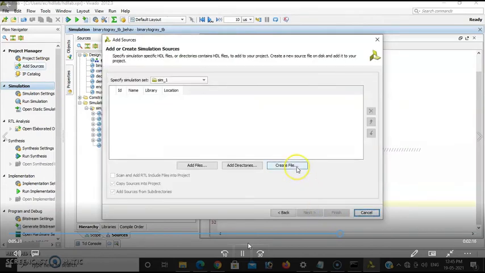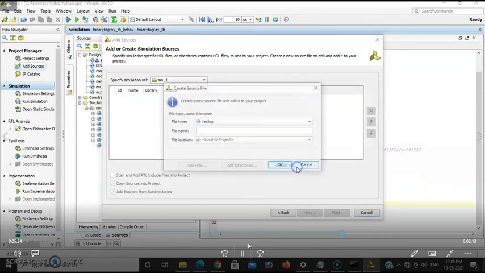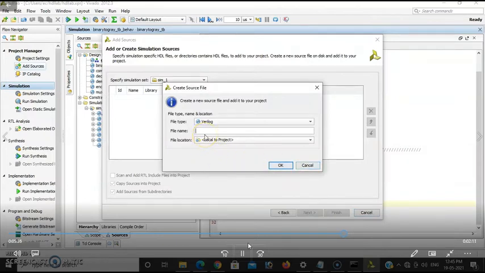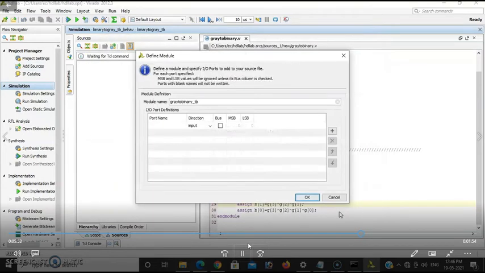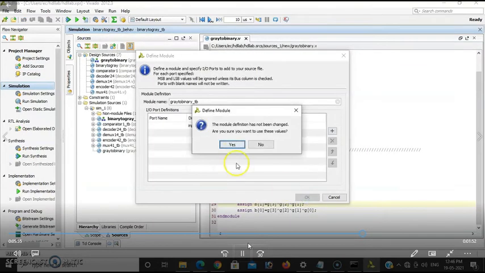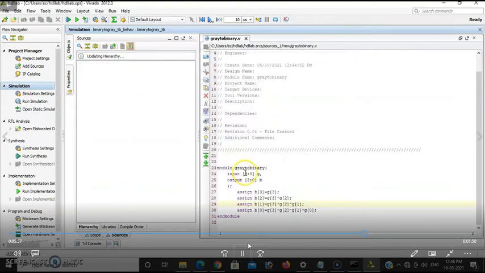Then we need to provide the test bench signal. Gray to binary, use the same name and also the variables should be the same. Binary underscore TB. For all the test benches, you need to save the file by using underscore TB. So that is the test bench. So the port declarations are the same.